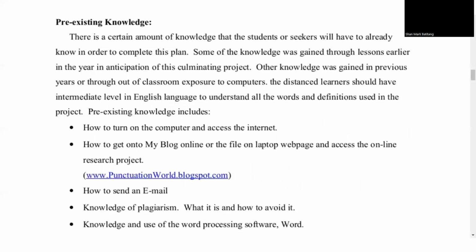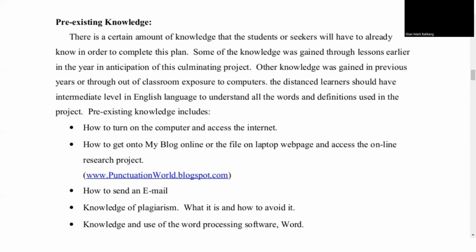For the pre-existing knowledge, there is a certain amount of knowledge that the students or seekers will have to already know in order to complete this plan. Some of the knowledge was gained through lessons earlier in the year in anticipation of this culminating project. Other knowledge was gained in previous years or through classroom exposure to computers. The distance learners should have intermediate levels in English language to understand all the words and definitions used in the